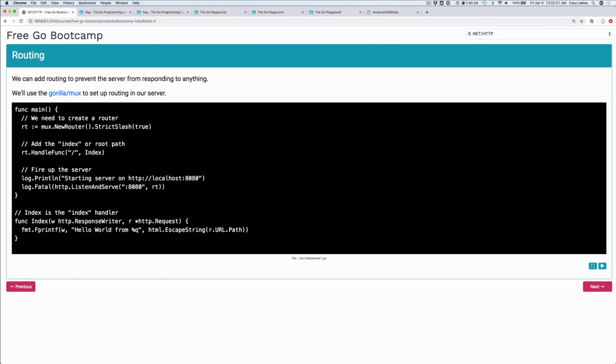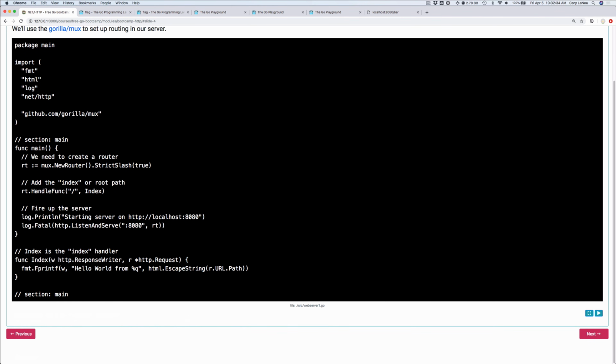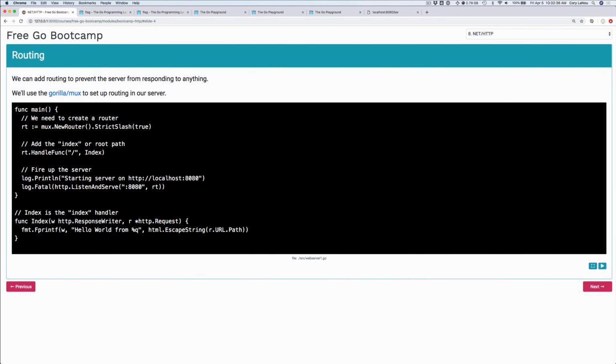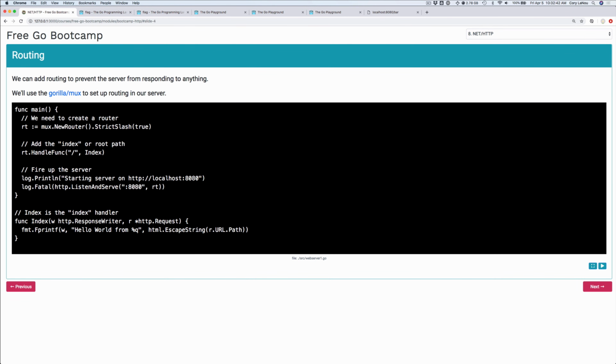So we can do that by using the actual Gorilla Mux router, and you'll actually see we can expand the code here. I haven't shown you that, but we can expand the code. We're going to actually include this right here, the Gorilla Mux router. So we can include that by just using the import. Collapse this back. And all we're going to do now is create a new router. We're going to use the strict /. If you want to know more about that, just look at the package that I've got linked above.